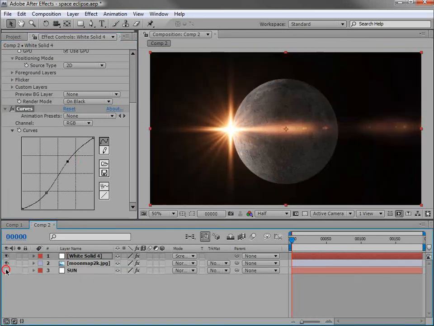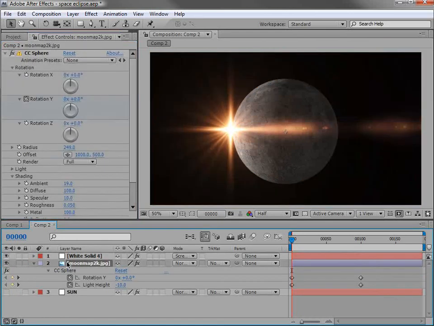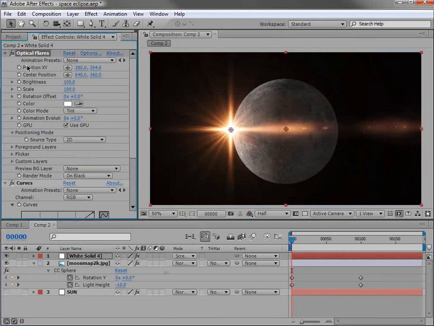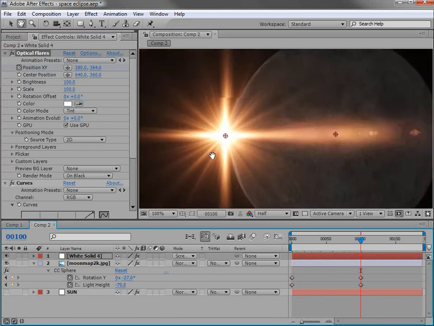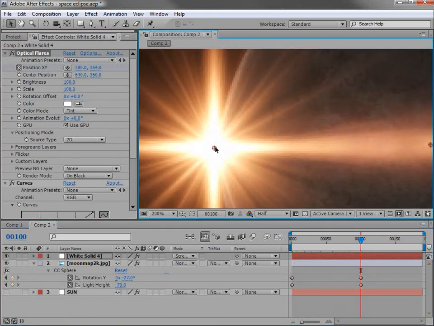Now we'll hide the sun layer for a moment, and I want to go ahead and animate the position of this flare. So we'll keyframe the position, and we'll move forward, and we want to be very careful that we don't go past that point where the planet ends. Now I'm going to keyframe